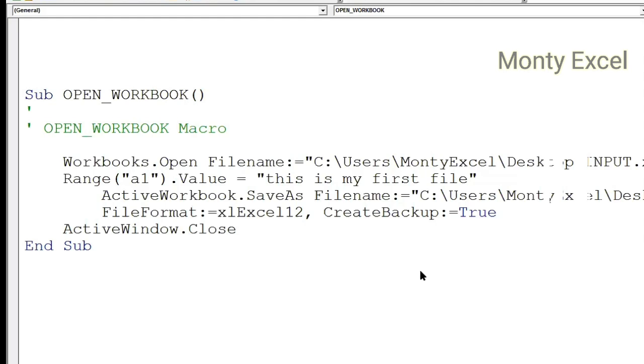At this moment, don't think about Shravan's question, if you have 10 workbooks you want to open at once. I can't do that yet because I need to teach something called loops. Loops is a topic where you want to repeat a certain task 10 times, 20 times, 10,000 times. That is loops. Conditions is nothing but